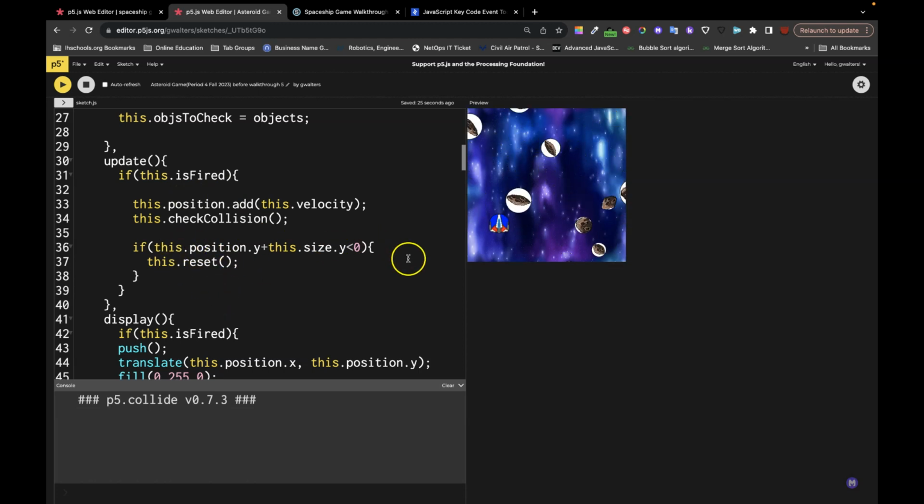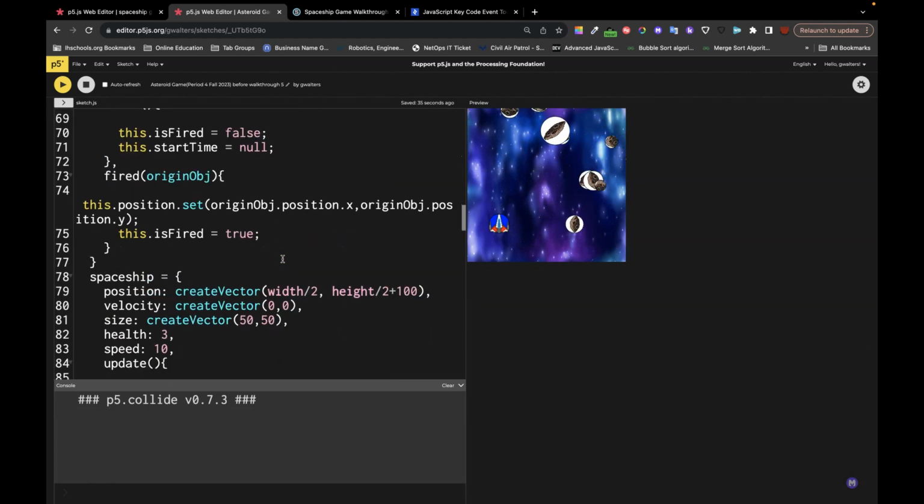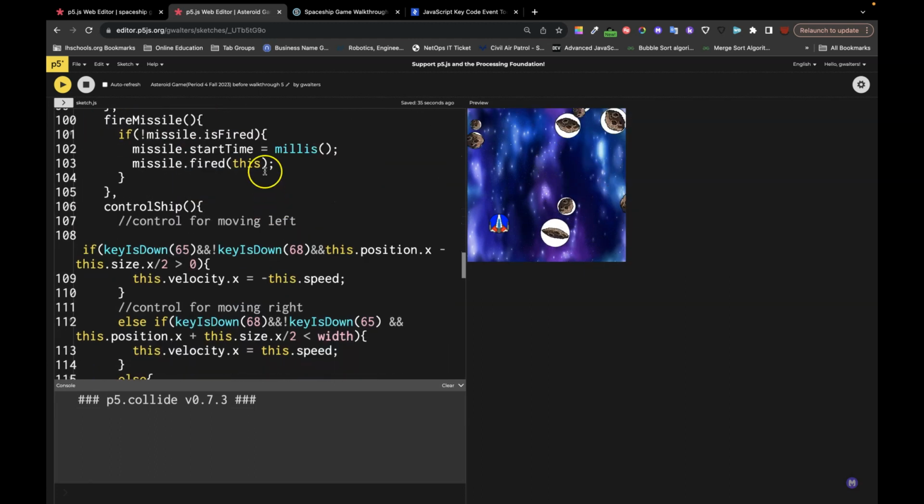Now, if we don't want it to fire again, that's the spaceship. But if we want to give it a life cycle, we could do it somewhere in here where we're also resetting. So I'm going to go back to the spaceship, and when we are doing the it has not been fired, let's say or, so let's say that it has been fired and I want to fire another one. So we could do or,